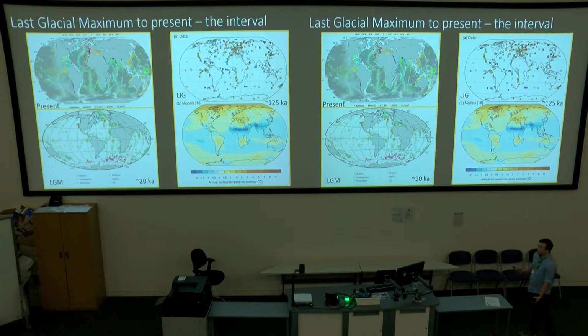Why do we care about the Uruguayan margin? So the top figure is the ForCenS database, which is census counts of foraminifera from across the world. It's a combination of a lot of databases. Below that, I've got the LGM paleoproxies, and then if we look at the last interglacial, again, more paleoproxies. But the thing that's noticeable on this is that there's really not a lot of coverage for